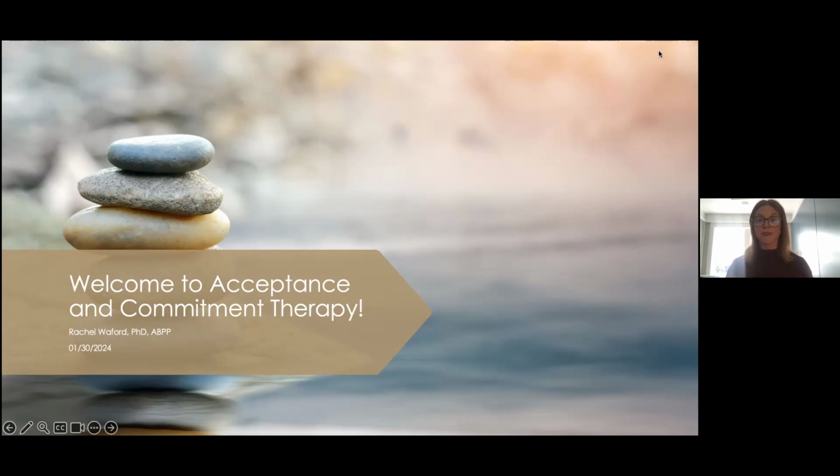So there are a number of activities very similar to DBT, but DBT can be more educative, where ACT is much more experiential. That's a gross oversimplification, but that's probably one of the main differences. And if you were to start practicing ACT, you would probably notice that the way you engage with different processes or different ideas is much more experiential than the more procedural activities that can come with DBT. Of course, that's not exclusive. We all practice in different ways depending on our style, but that's probably the biggest foundational difference.